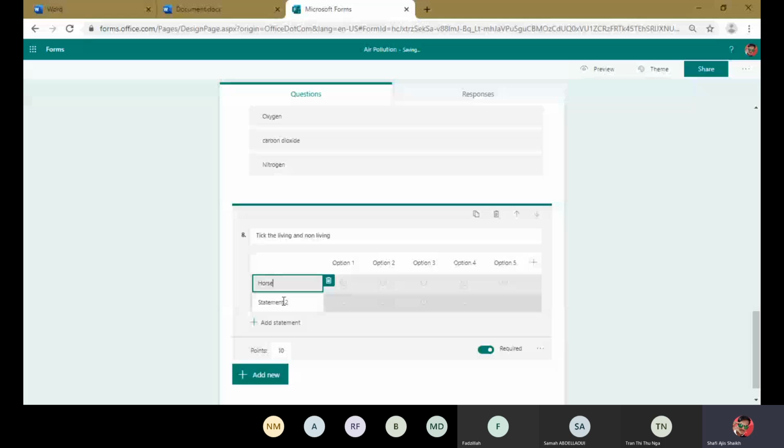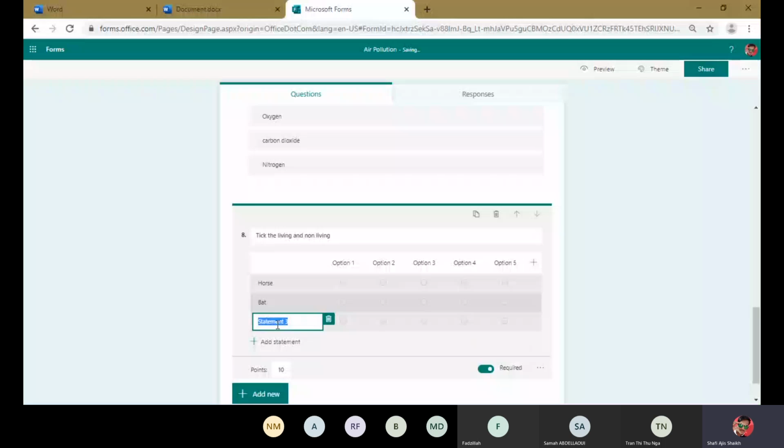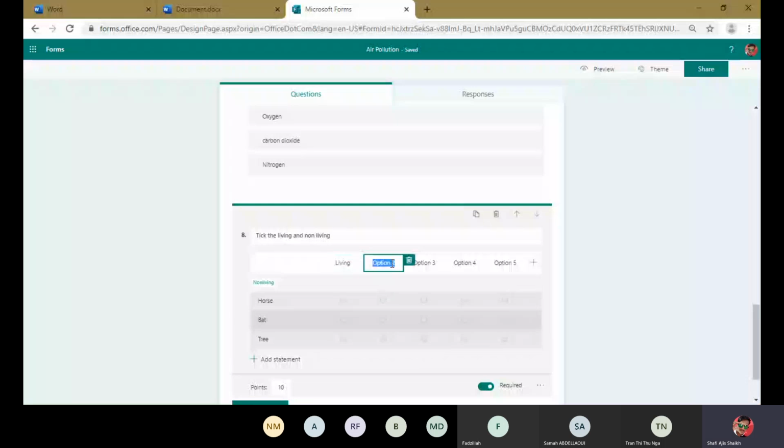Okay. For example, in statements, I will type here horse, for example, bat, okay, like this, horse, bat, tree. In option first, I will type here living. In option 2, I will type here non-living, like this.